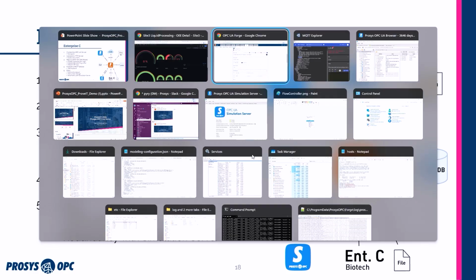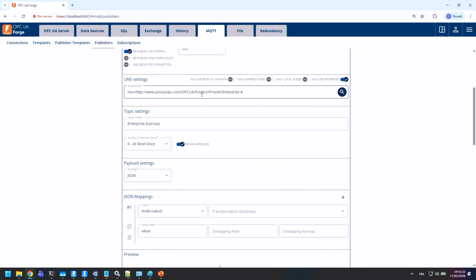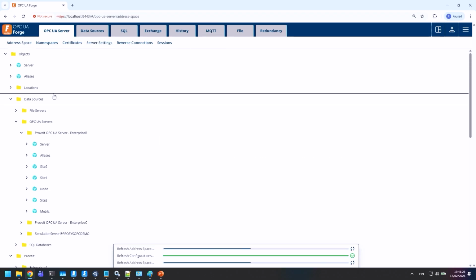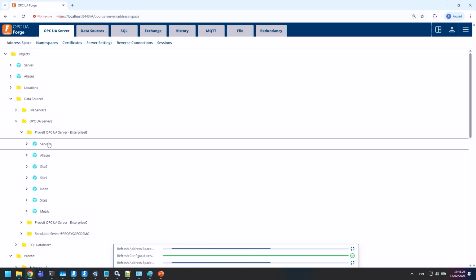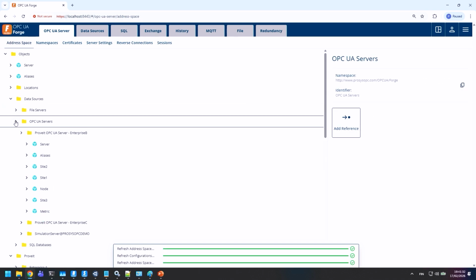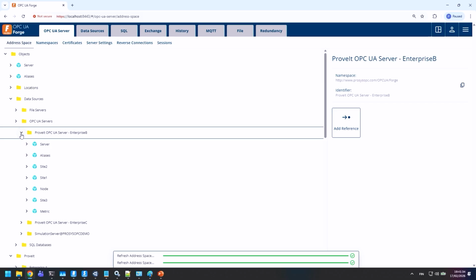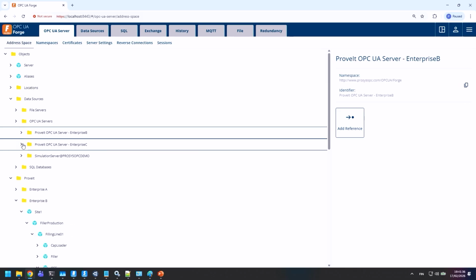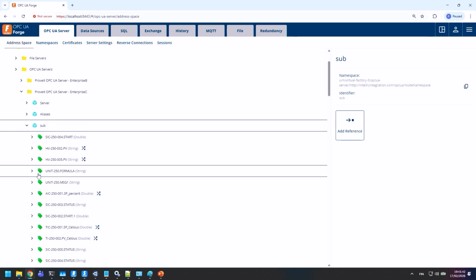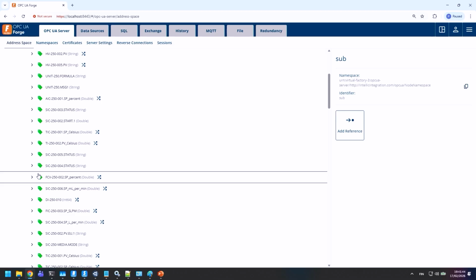So let's see a little bit what we've done here, if we have time. So let's see how it was available originally. So originally, the Enterprise C server looks like this. We were picking this single-use bioreactor, which is just a list